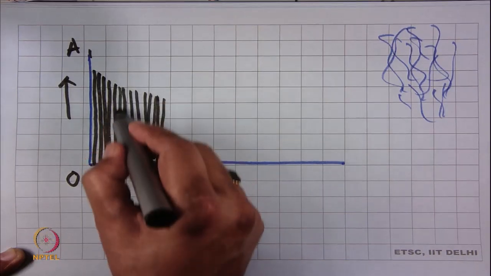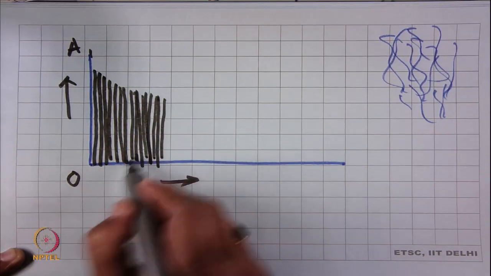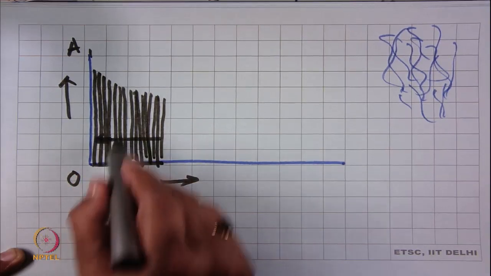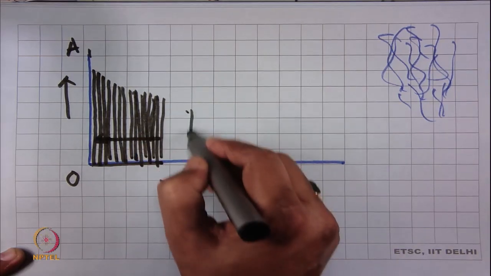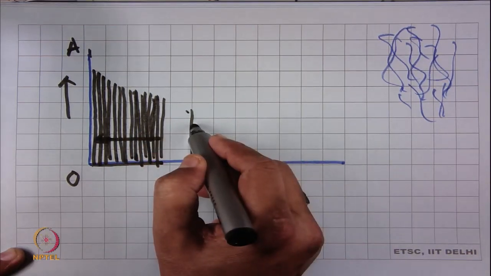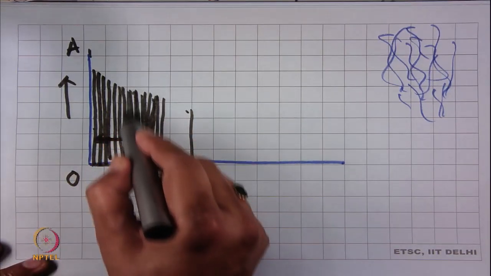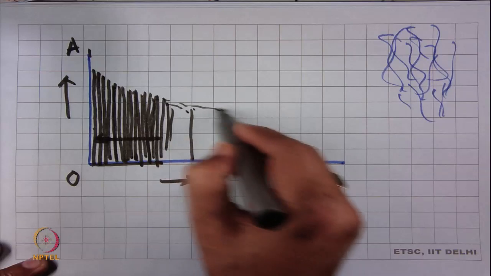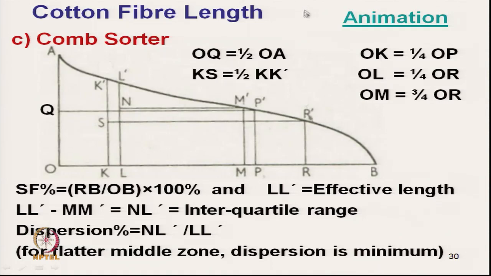One care has to be taken here, which is very important: the density of alignment of placing the fibers should be exactly the same. We cannot put a fiber here and the next fiber there; there should not be a gap. The gap between fibers should be exactly even. So, ultimately we will get a curve like this. This is known as the Schotter diagram. Let us see how the Schotter diagram is formed.